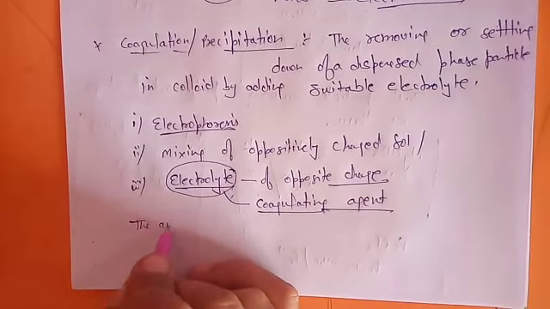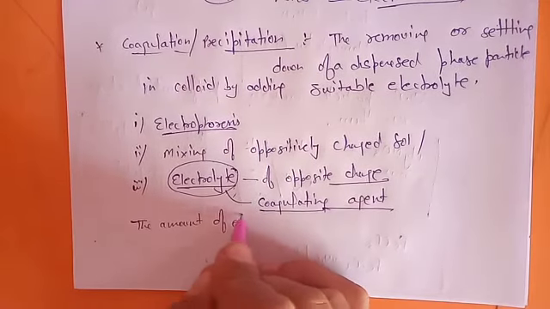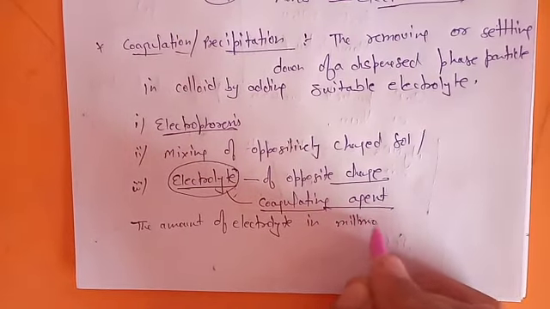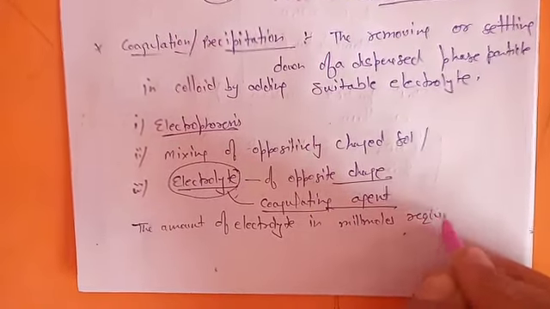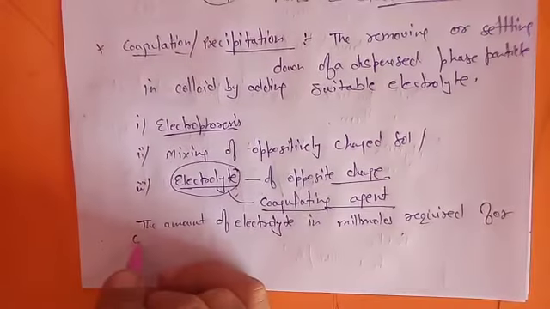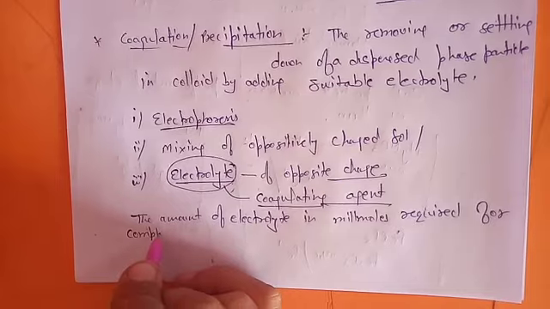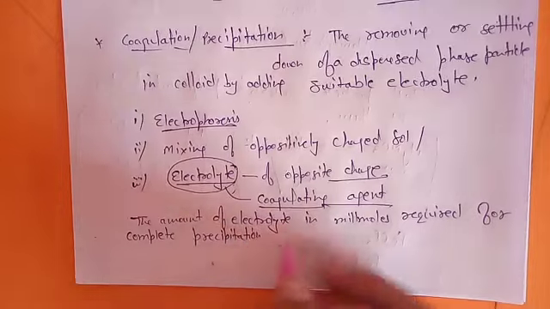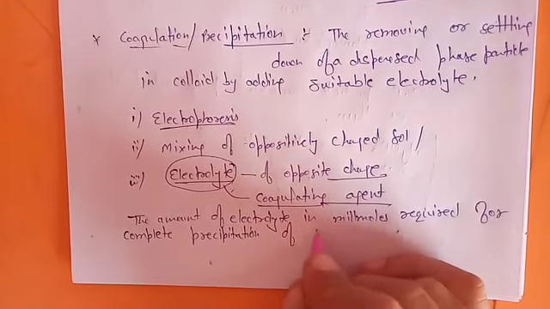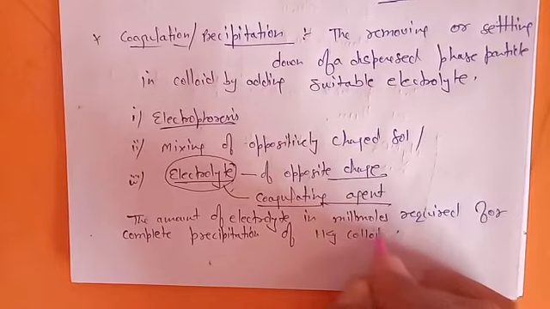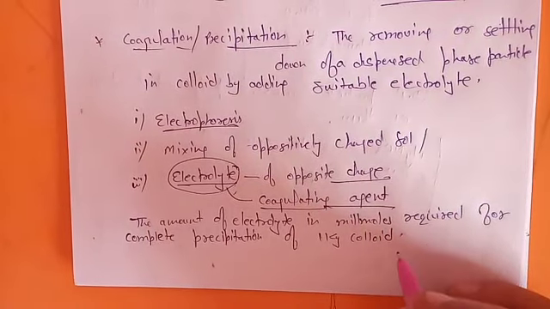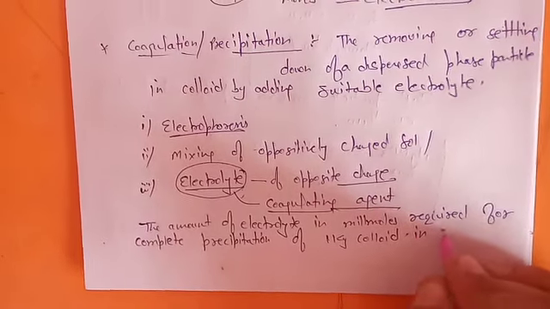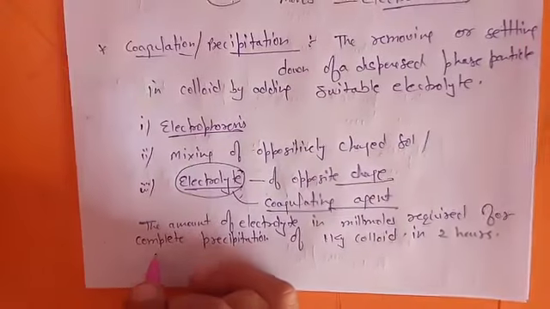The amount of electrolyte in millimoles required for complete precipitation of 1 kilogram colloid in 2 hours is termed as